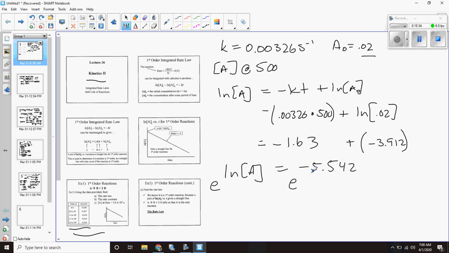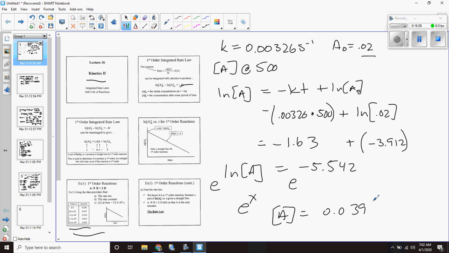So get an answer for that. You got to take negative 5.542 and then hit the E button on your calculator. All right, so pause while I do that. So if I hit E to this, and remember on the calculator, it's the e to the x button. So e to the negative 5.542 gets you, and by the way, undoing the natural log gets you A. So A equals, I get